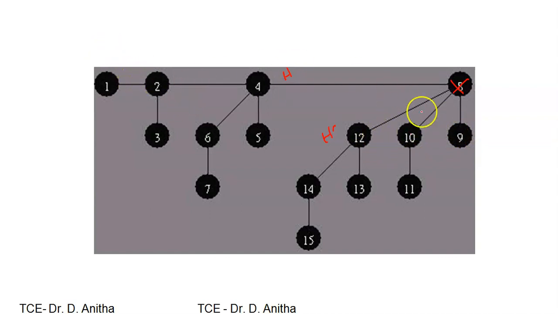In the merge operation, your B0 will be moving here, so 9. Then your B1 will be moving here, 10. And your B2 will be moving here, so 12. So these nodes are getting attached to the main root list.